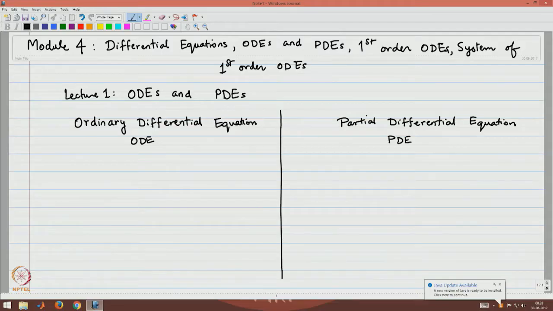So, in the lecture today I will be talking about the different kinds of differential equations, ordinary and partial differential equations, and different kinds of ordinary differential equations, and the types of solutions that you can have. Okay. So, when we think of differential equations, we think of two kinds. One is called an ordinary differential equation, in which there is one independent variable